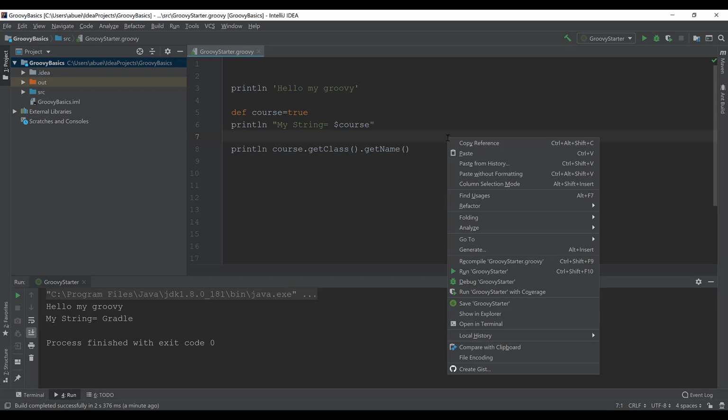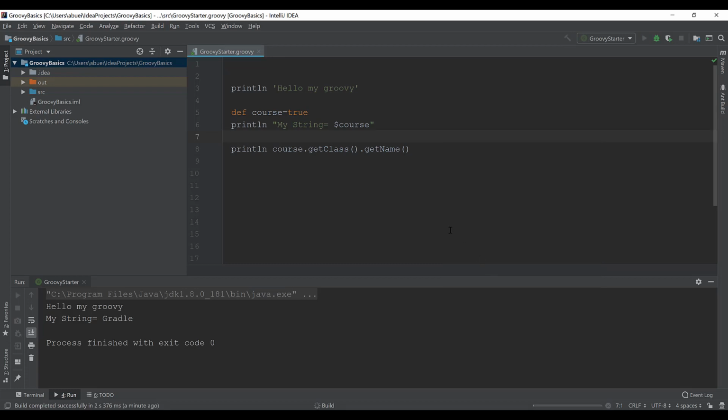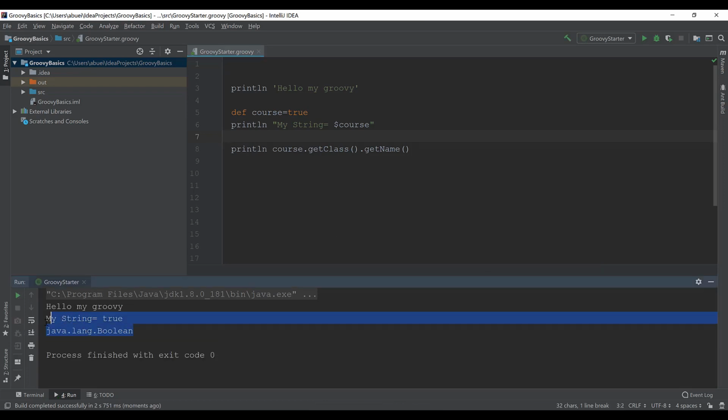And now I'll execute the program. And as you see here, Groovy was able to identify this is a Boolean type. And so on, if I change this to integer,